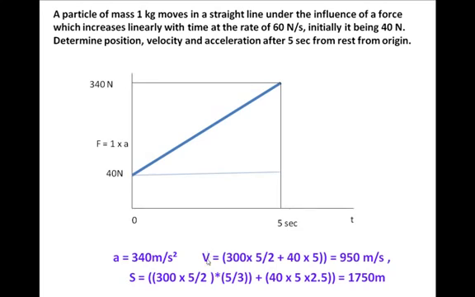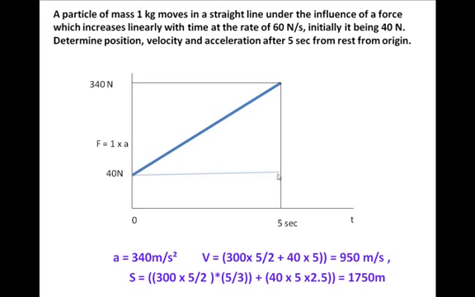Then velocity, if you refer to videos on kinematics of particle, you will remember that velocity is area under the curve, area under the A-T graph. So there is a triangle and there is a rectangle. For the triangle, the area is 300 into 5 by 2, and for the rectangle it is 40 into 5. For the triangle, see, the height is 300 and the base is 5, and because it is a triangle, it is half. That's why this half comes in. So if we add this up, we get area as 950,